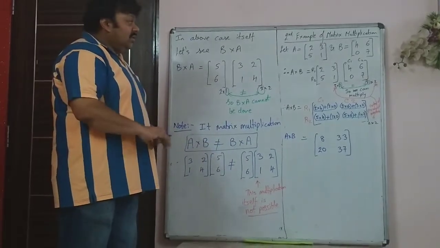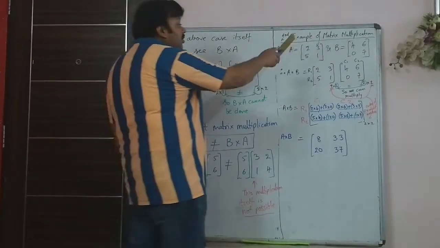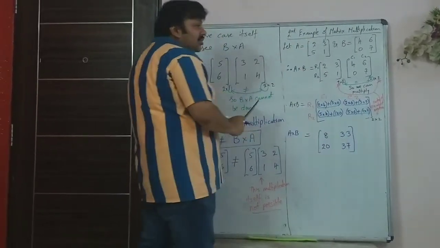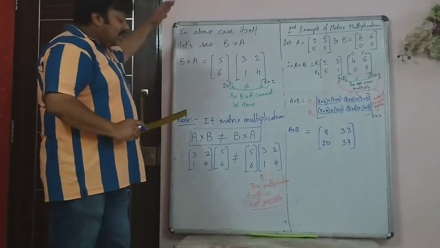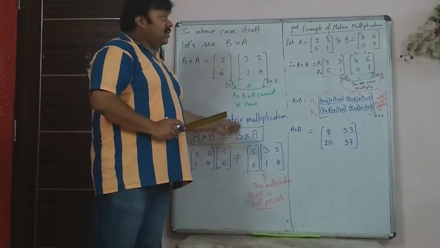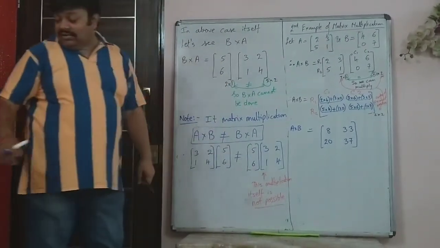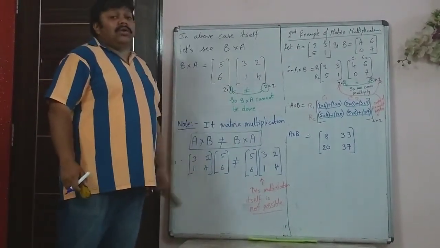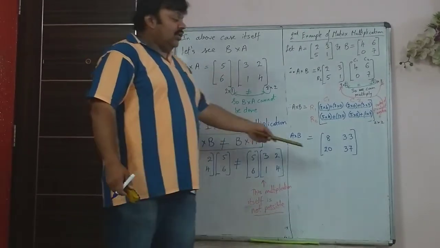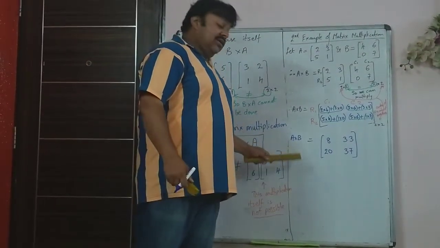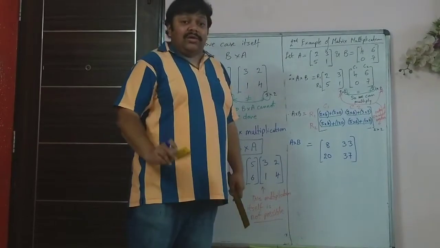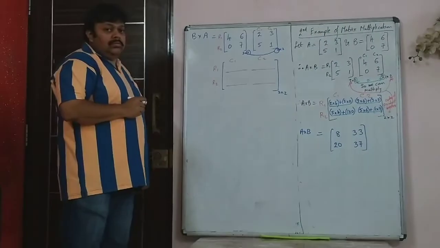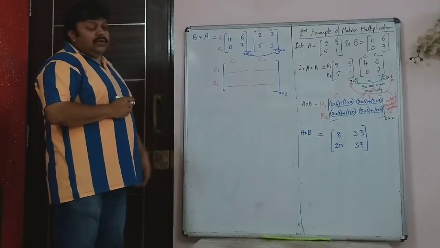Now after this, in this case, is B into A possible? Yes, B into A is also possible. So now I will erase only this side, and then we will see what is multiplication of matrix B into A. Because it's 2 into 2 and 2 into 2, you will get another 2 into 2 matrix, but we will check whether A into B and B into A is coming same. You will see that it will not come same. Let's check. So now the reverse way around.